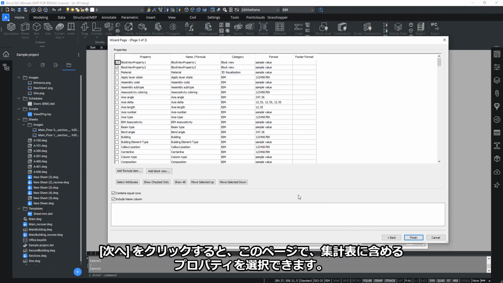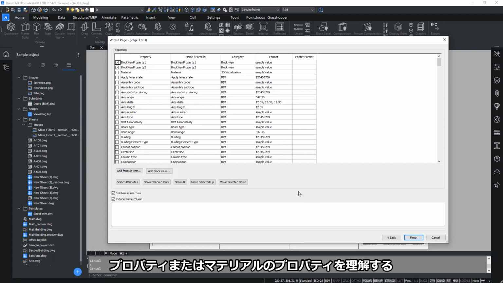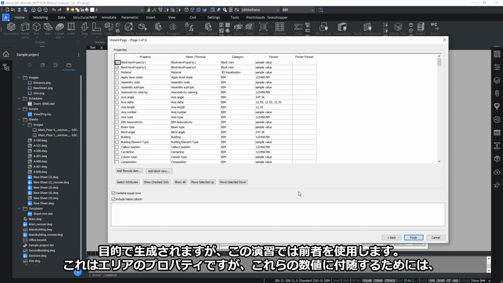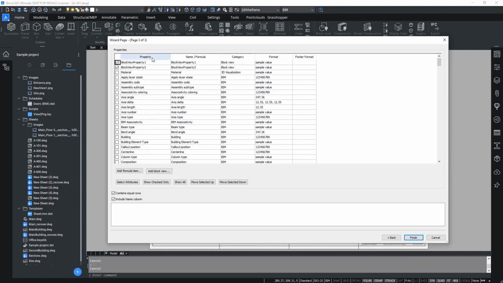and on this page, you can choose the properties to be included in the schedule. So space or room schedules are usually generated for purposes of understanding the area properties or even material properties. But for this exercise, we're going for the former, so that's the area properties, but to accompany these figures, we need to make sure other fields to be included should be relevant too. So let's pick on property equal to building,